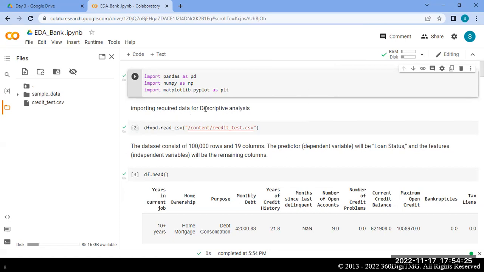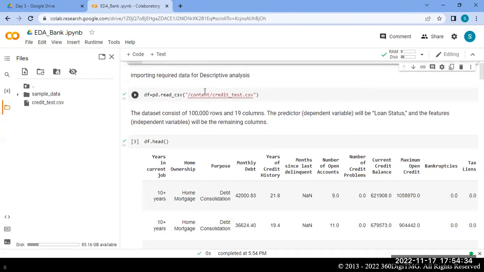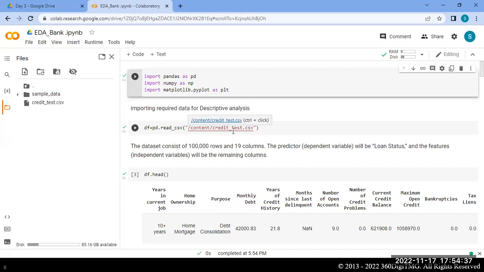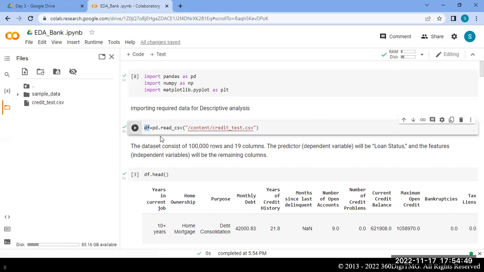Pandas, NumPy and matplotlib have been imported. Now I'm giving the address of the data frame, where the data is in CSV form. I create a variable and, using pandas, read the CSV file from the location I have given, and save the credit test data into data frame D. All the data will be stored in this memory pointer.